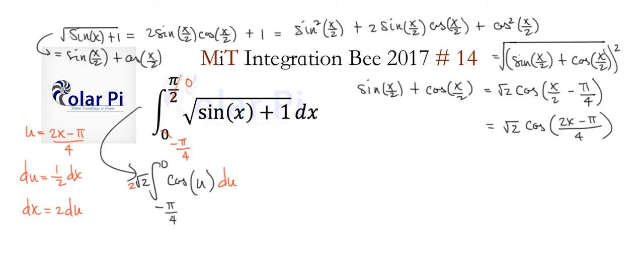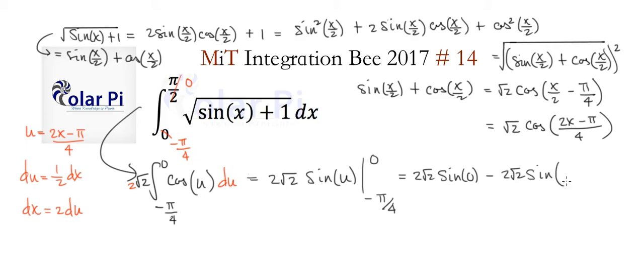Okay, so the antiderivative of cos u is just sine u. So we have 2 root 2 sine u evaluated from, I had to get that vertical line right, evaluated from negative pi over 4 to 0, right? And so that would be 2 root 2 sine of 0 minus 2 root 2 sine of negative pi over 4, which amounts to, well, sine of 0, 0. So it's 0 minus 2 root 2 times